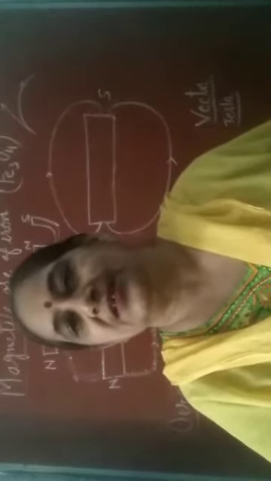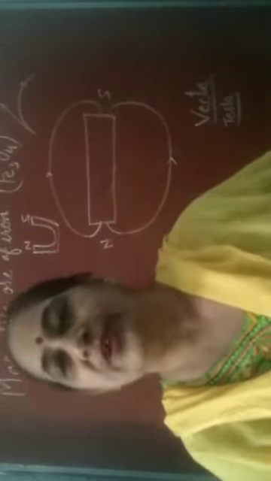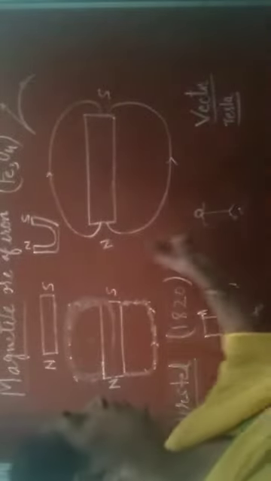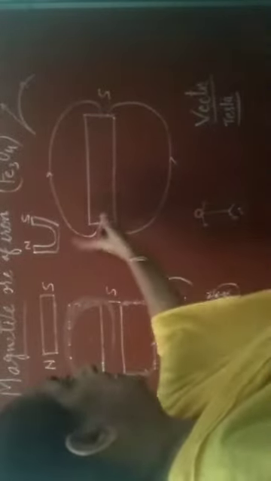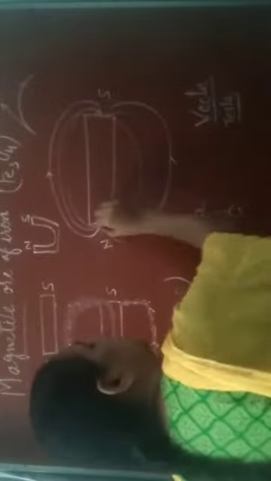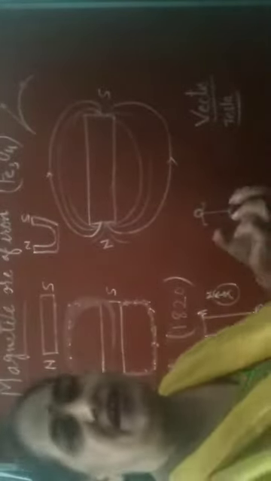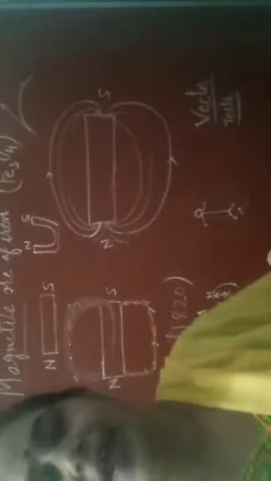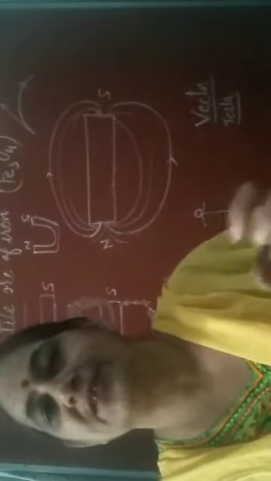These magnetic field lines are crowded near the poles of a magnet. If you draw imaginary magnetic field lines here, you will see the lines are crowded near the poles. I am drawing more lines here. You see, they are crowded near the poles. So here the attraction is maximum. If magnetic field lines are crowded at a point, then that point has maximum strength.